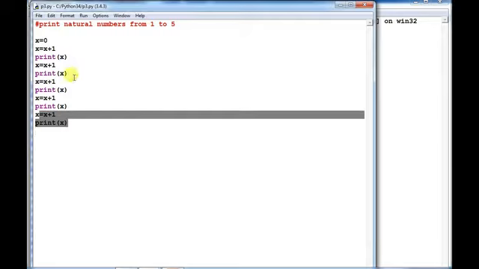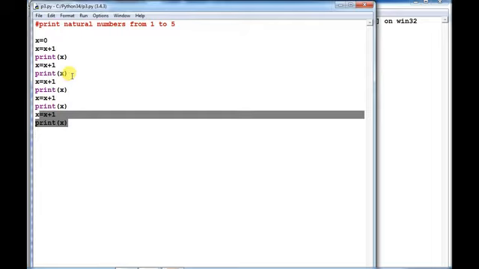Suppose you want to print the values 1 to 100, then you have to type 100 times, or you can copy and paste. But as the program grows, if more iterations are required, how many times will you write the statements? To overcome this problem, looping statements are used.